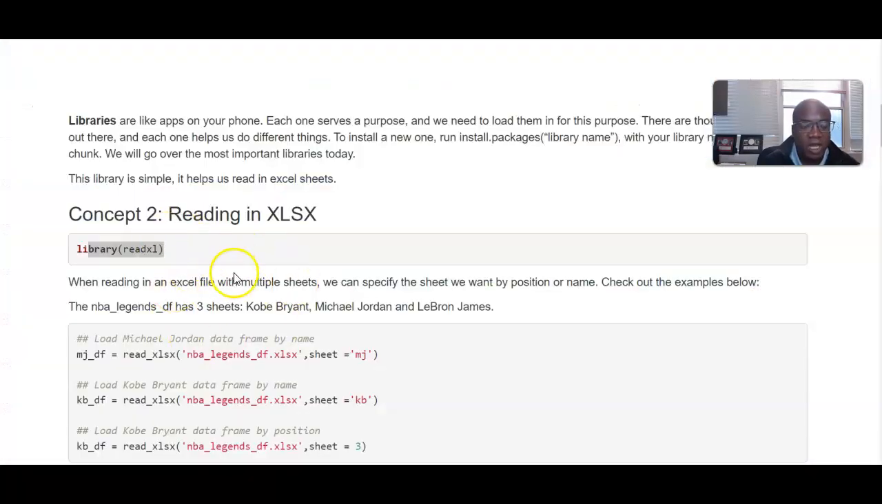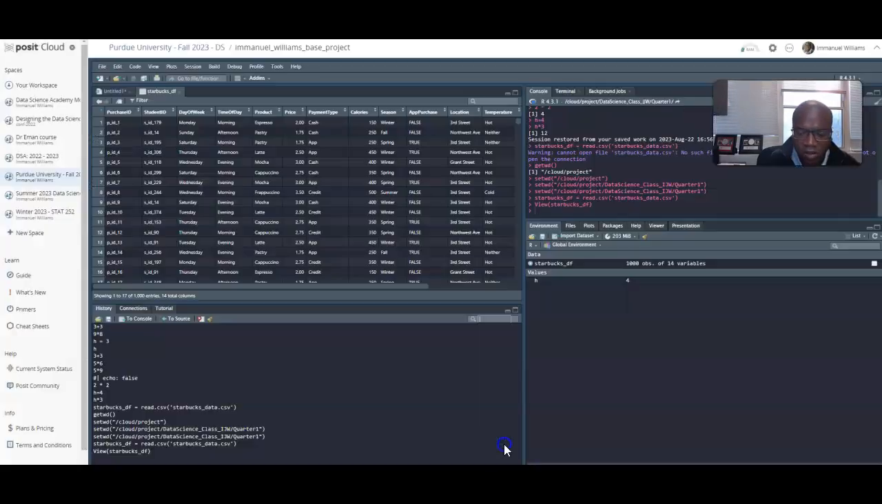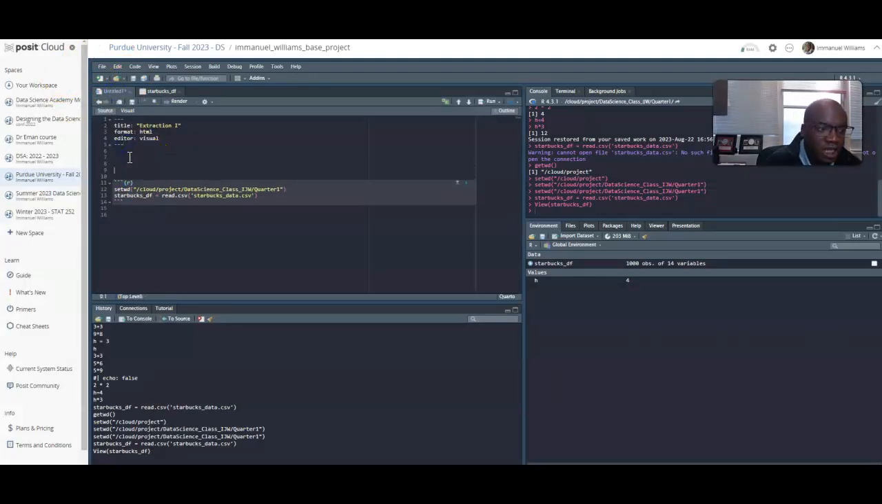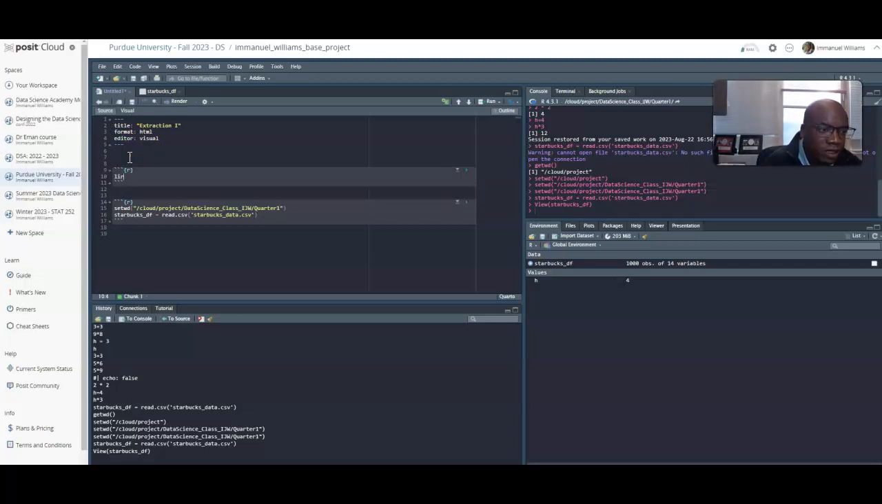Now that we at least know what the Excel sheet looks like, let's bring in certain aspects of that Excel sheet. What I'll do is copy and paste this for now. I traditionally like to put my libraries at the very top. So library(readxl), great and fantastic. Then I'm going to do Michael Jordan